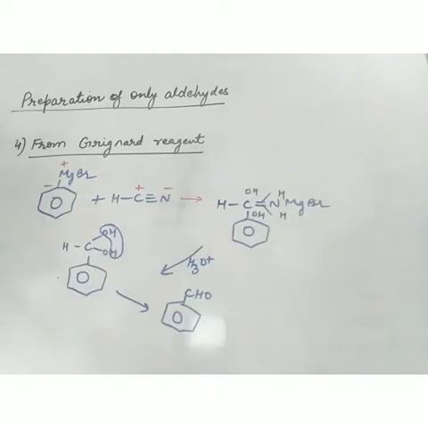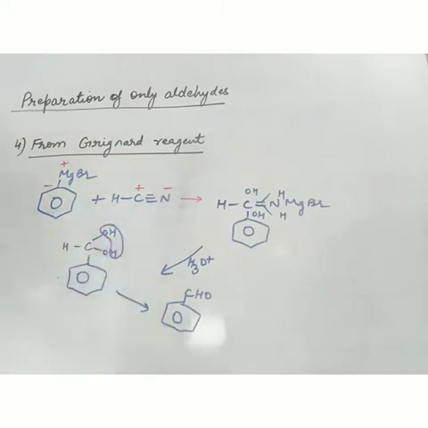Likewise, we can also prepare benzaldehyde by using this technique. Now this HCN is common. Okay, only you have to change the Grignard reagent. So for preparing aldehydes, the HCN is a common compound. Only we have to change the Grignard reagent according to our choice. So here I am taking phenyl magnesium bromide because I want to prepare aromatic aldehyde. So this compound I have to take.